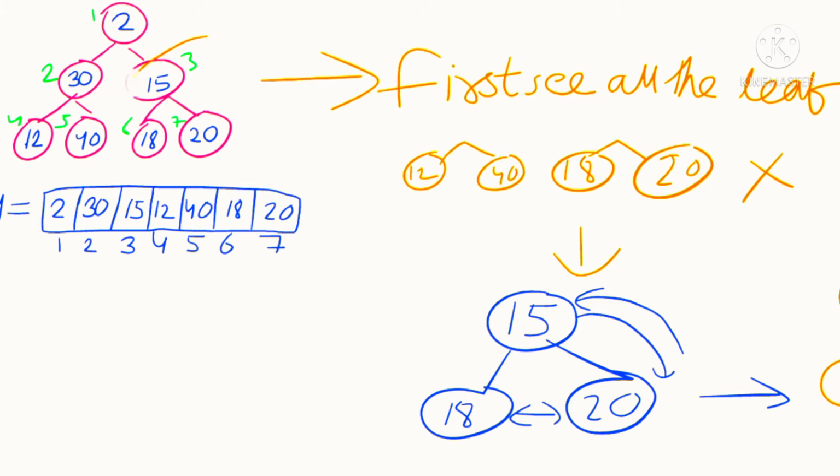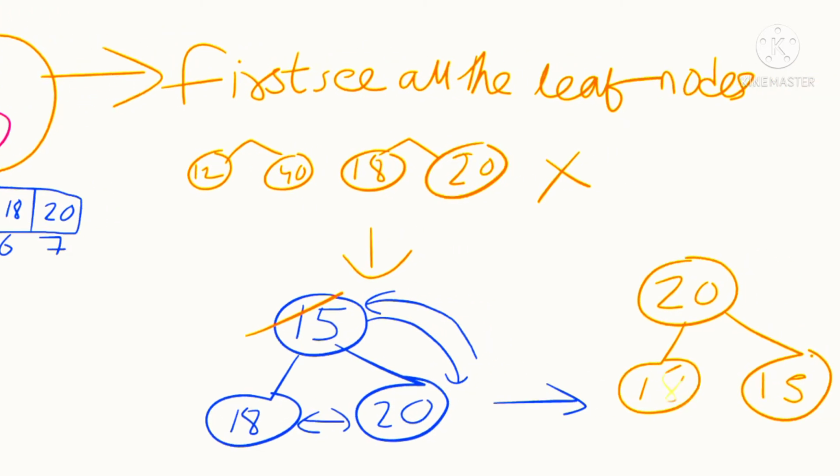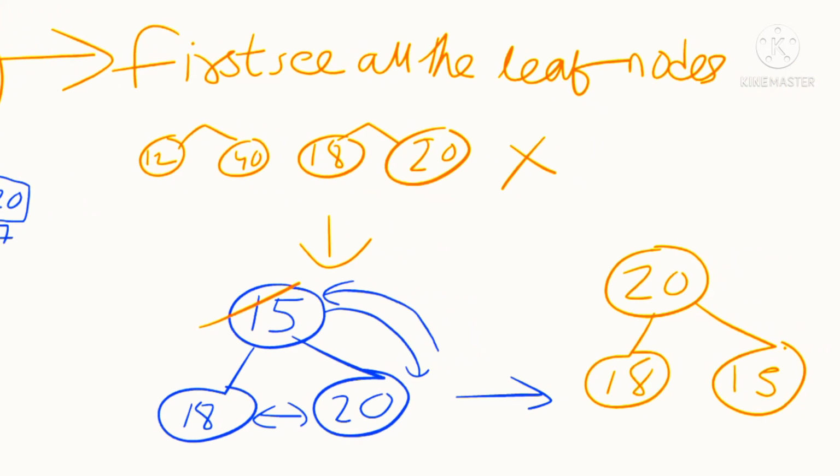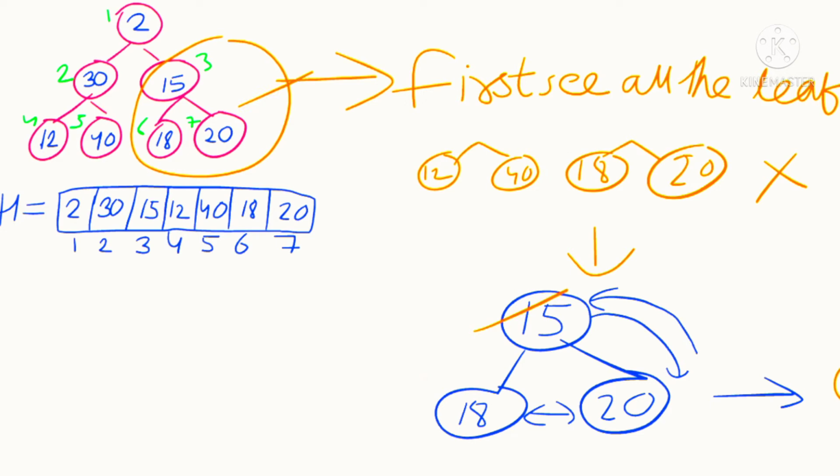So look to the first parent here, 15, 18, 20. Just follow the maxif property. 15 is less than this child, so swap, because parent should be greater than the child. So 15 को हमने यहाँ पे swap कर दिया. So after that we are getting like this nodes. तो ये हमने sort कर लिया.